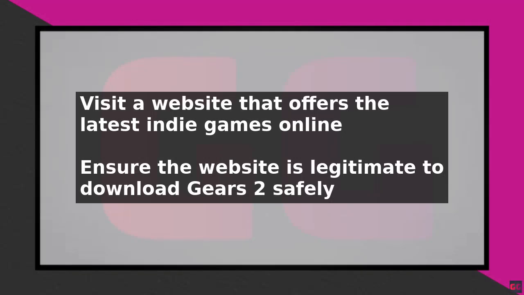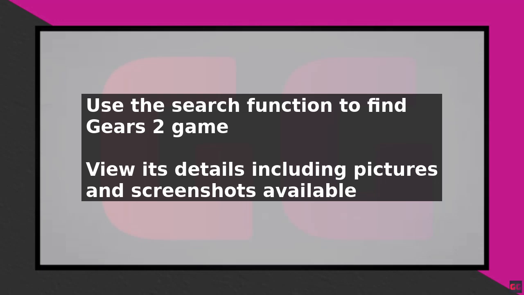To download Gears 2 on a PC or laptop, start by visiting a website that offers the latest indie games. Ensure the website is legitimate. Then use the search function to find Gears 2. The game should appear in the search results, and upon clicking on it, you can view its details, including pictures